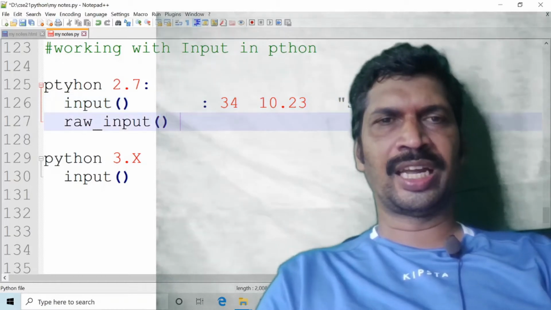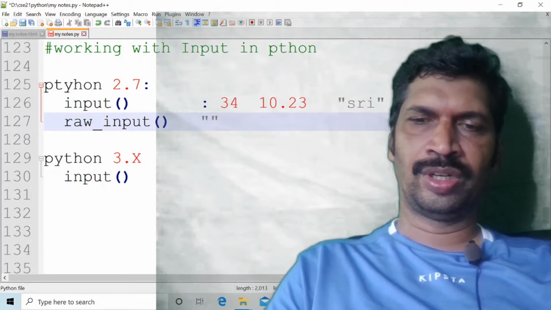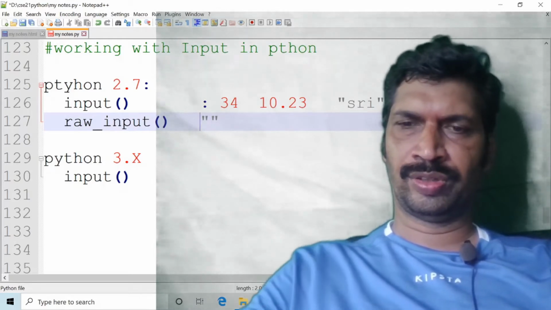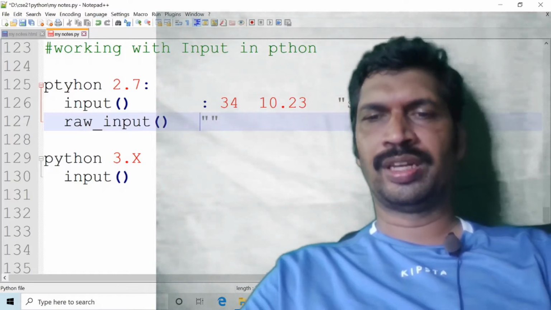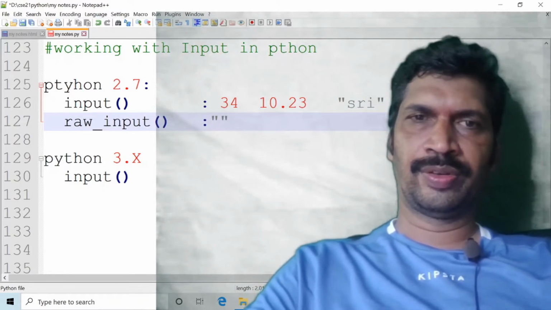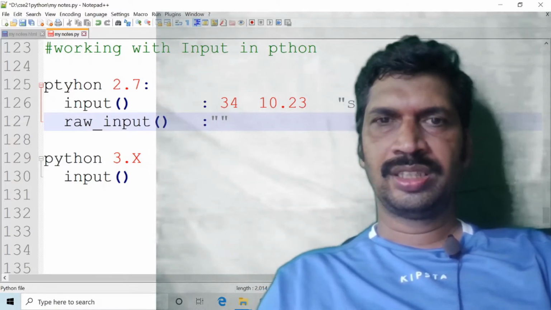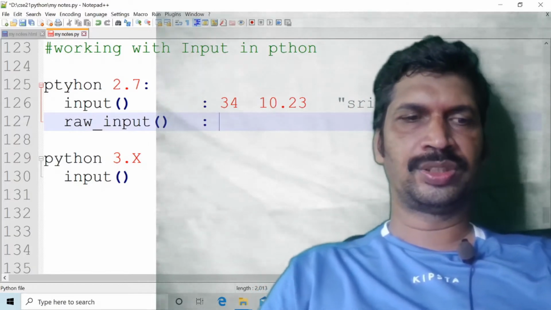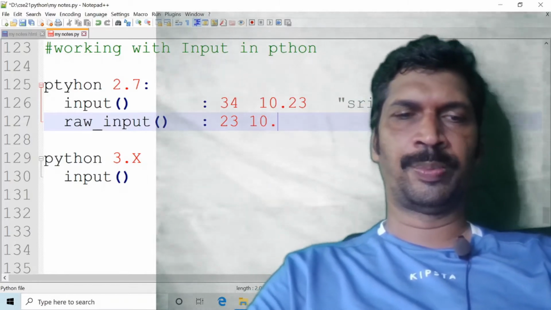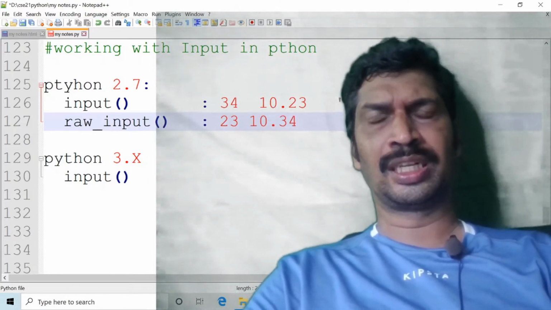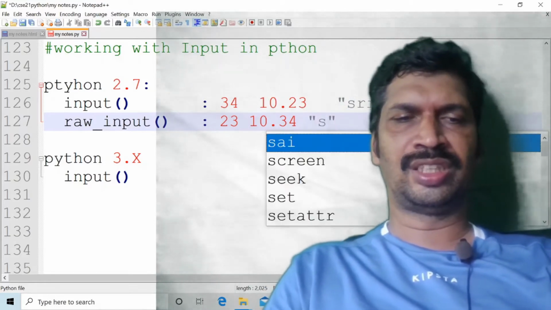Whereas the raw_input function considers only strings. Suppose we give an integer value, float value, or string value, anything, it will be considered only as a string value. 23 is also considered as a string. 10.34 is also considered as a string. SRI is already a string, so no problem.